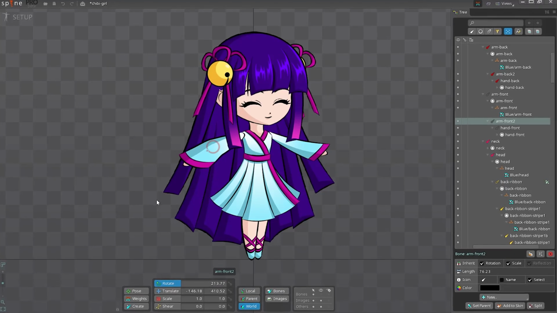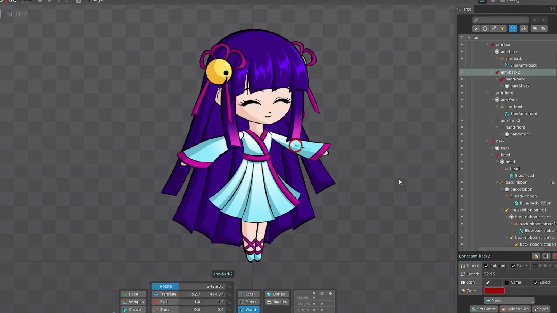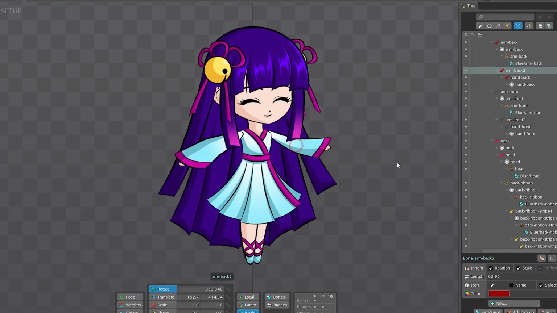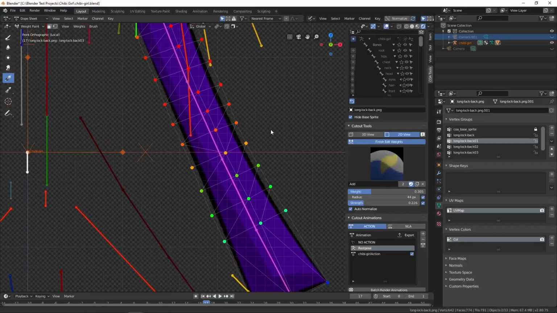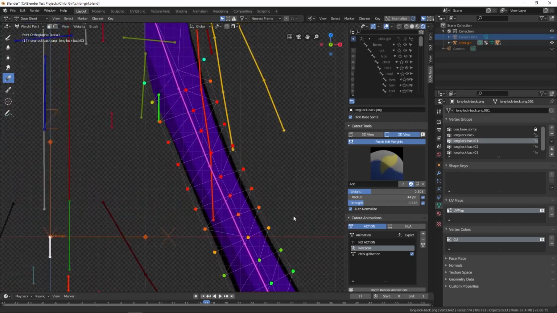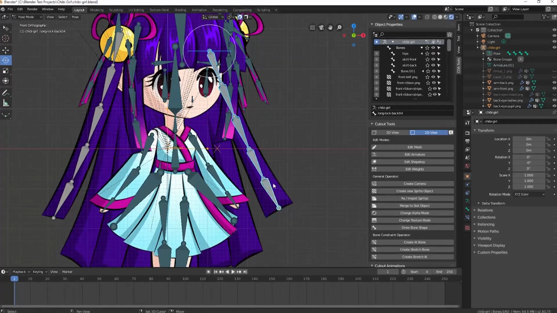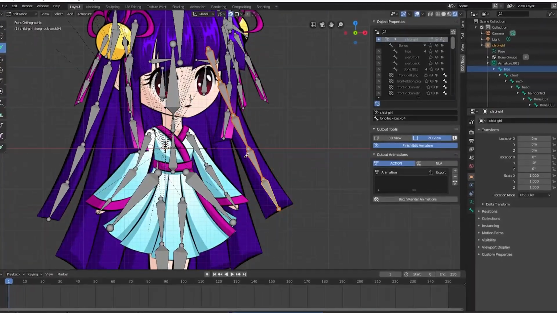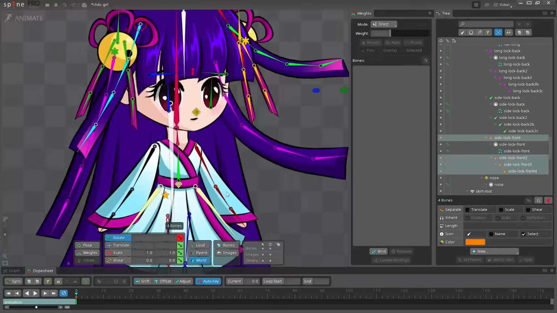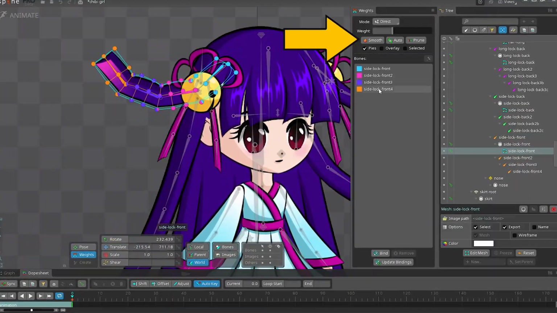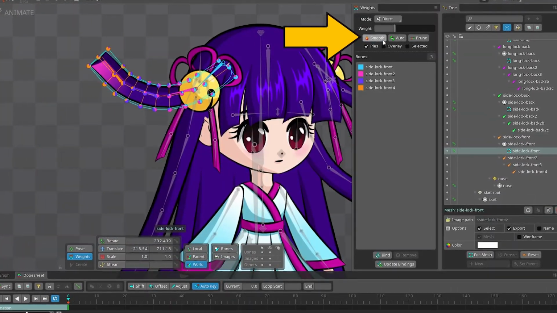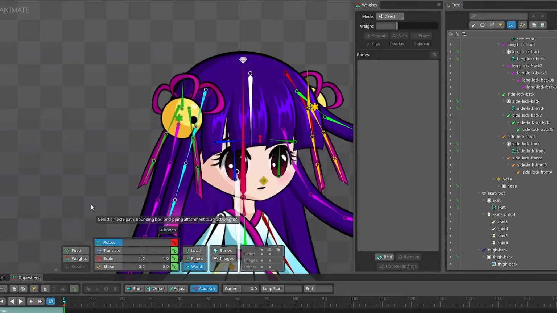Next, I needed to bind the meshes to the bones and assign them weights. This allows you to easily deform the character images during the animation process. I found that the automatic weights calculation works really good in Blender. The hair bends very smoothly, and all I needed to do is simply bind the bones to the mesh. That's all. To achieve a similar effect in Spine, I had to use the weight smoothing option a number of times, which is less convenient.